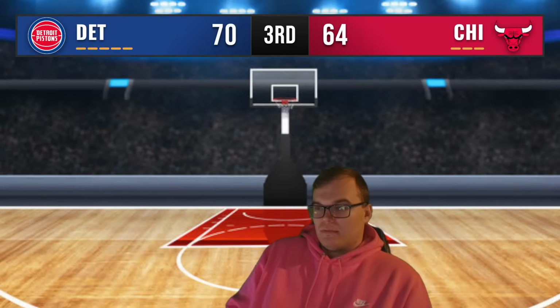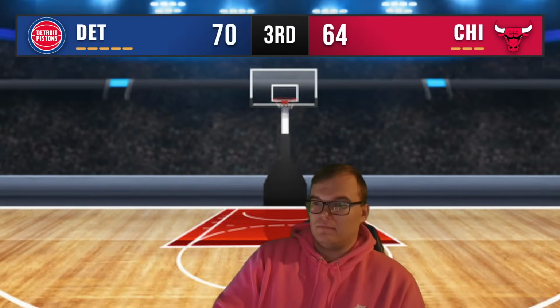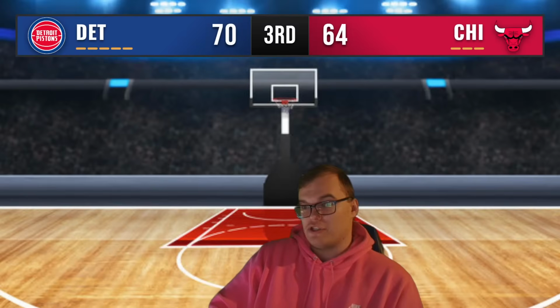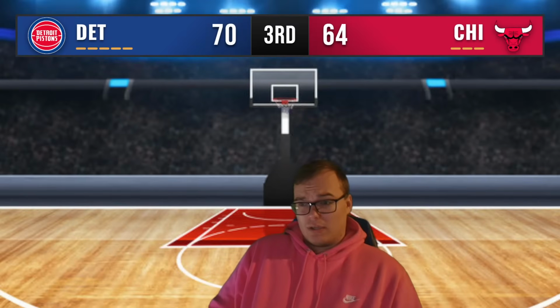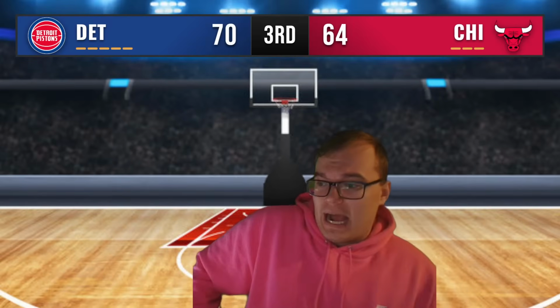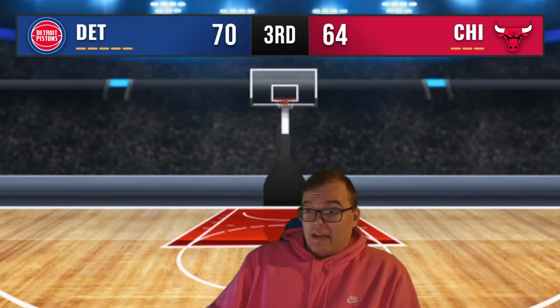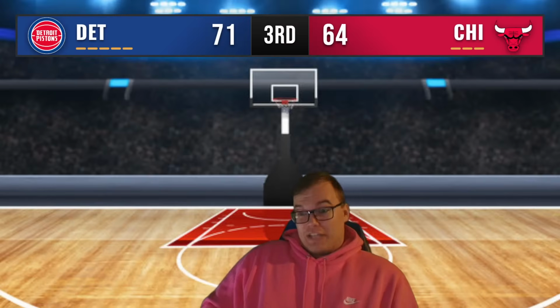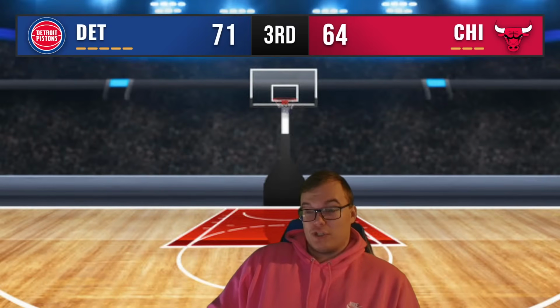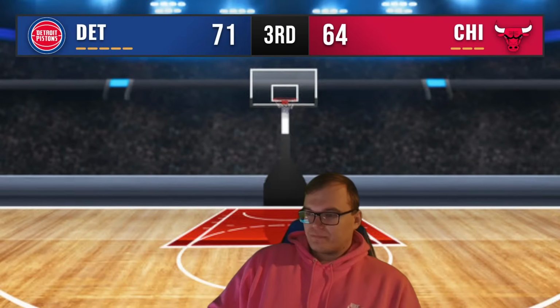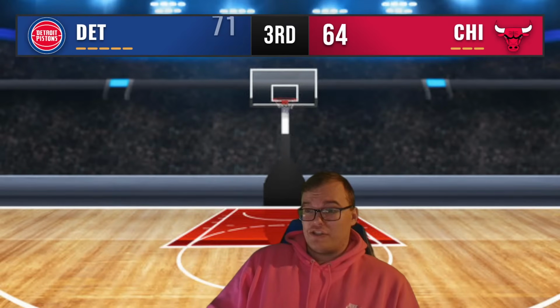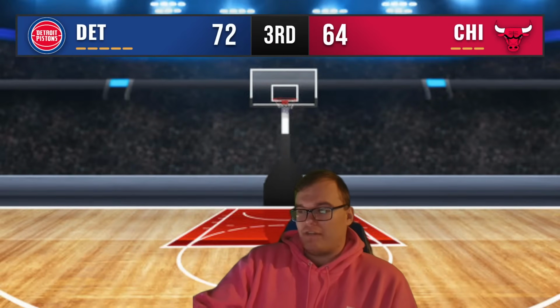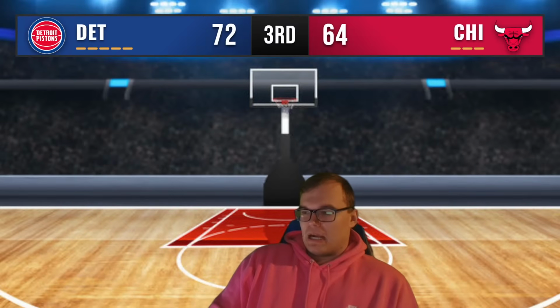The hardest stat to get for double figures is steals and blocks. It's happened before. I can't remember who it was, but there's been a couple guys in NBA history that have hit triple doubles without scoring double-digit points. It's very hard to do, though, because you basically have to get either 10 blocks or 10 steals instead of points, which is very difficult. Especially the steals. I think the steals one is nearly impossible. 10 steals in a game is crazy. Blocks has happened a couple times, though.